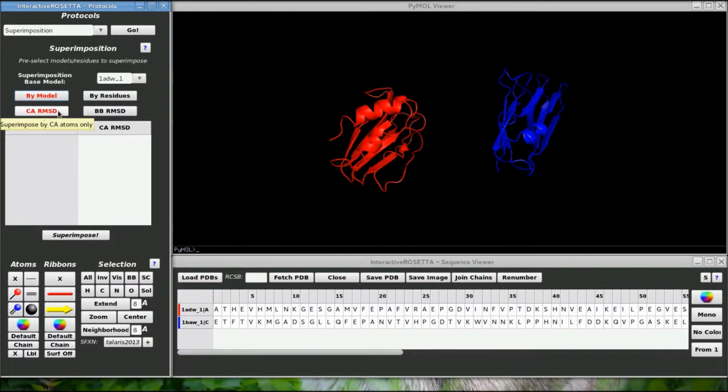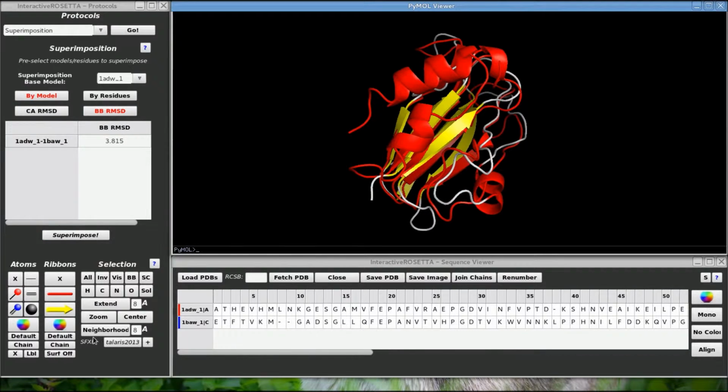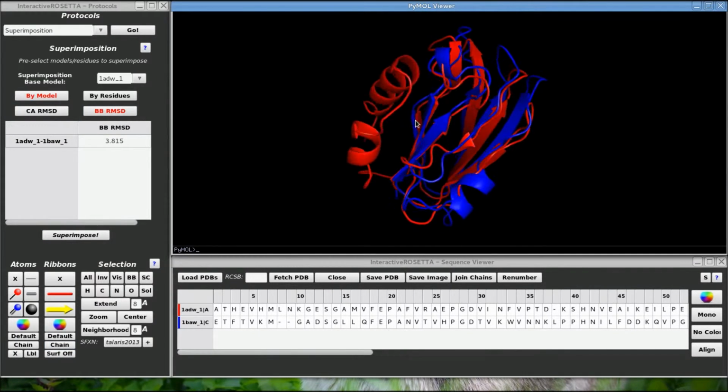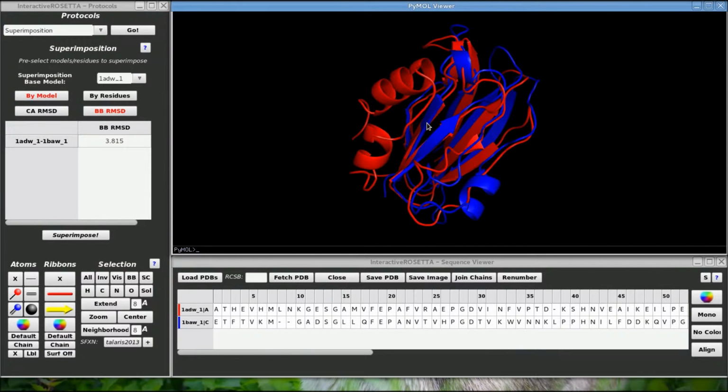The second row specifies which atoms will be aligned. You can choose from C-alpha atoms and backbone atoms. When you are ready, click the Superimpose button. Now you can see that the second structure was moved to be aligned to the first structure, just as we